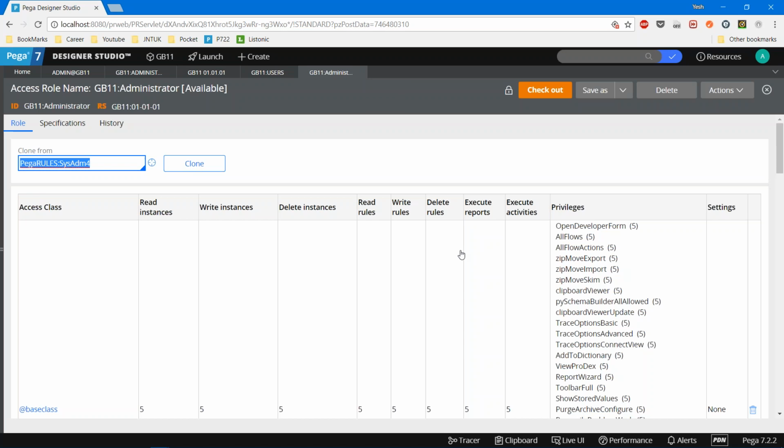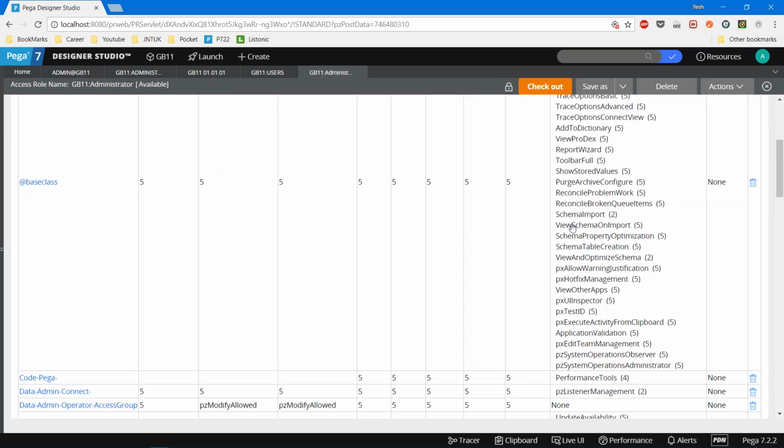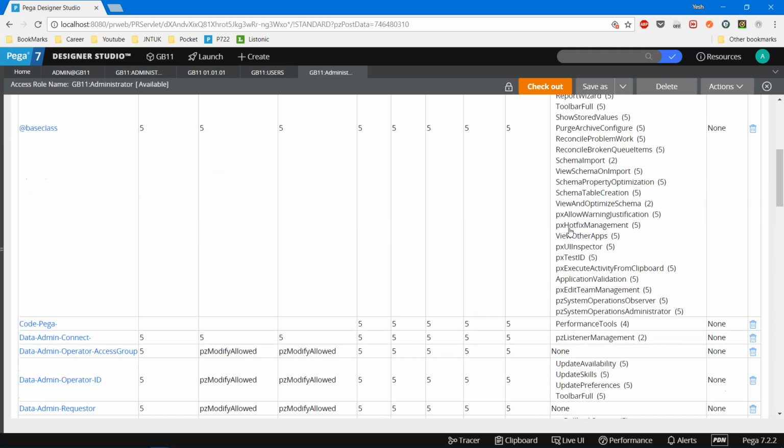I am saying this for the developer operator ID. Pega rules sysadmin 4. If this is not there, then that particular person will not be able to create, modify, or delete. Now you may ask, what is this Pega rules sysadmin 4? It is nothing but a template which says that the developer should be able to have these many things.